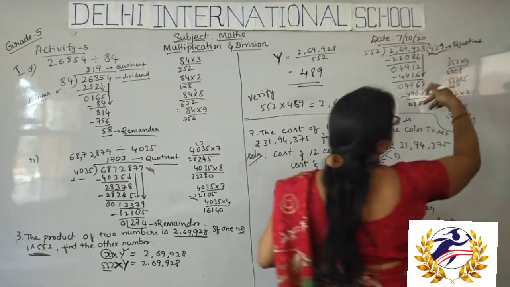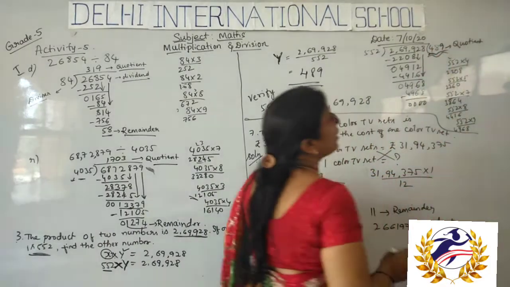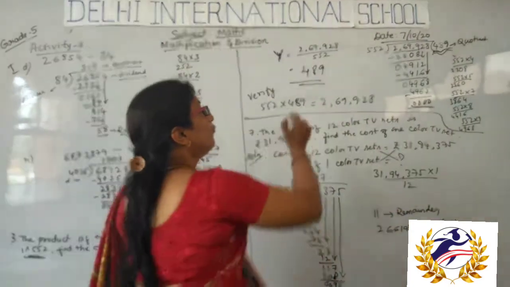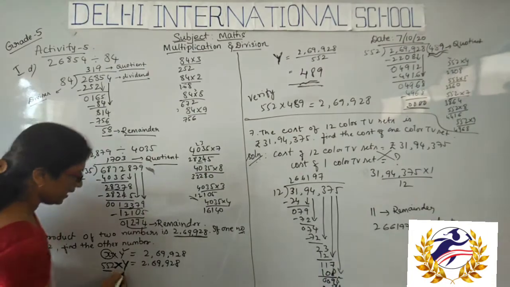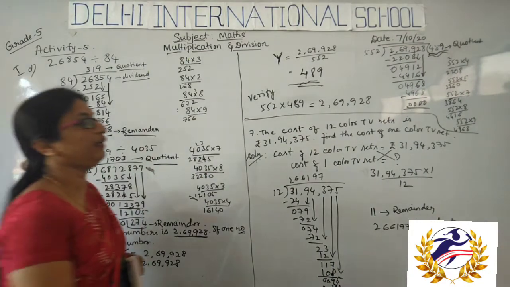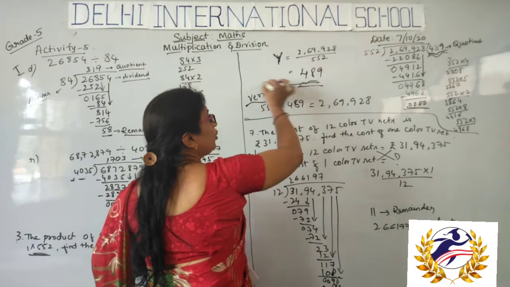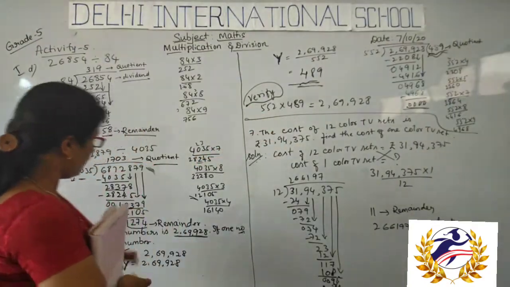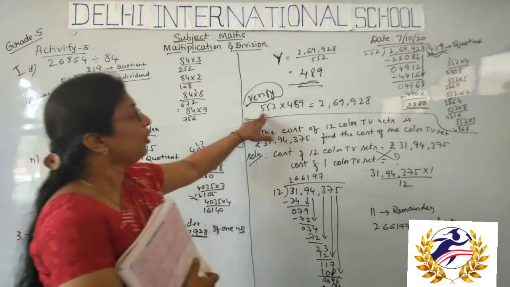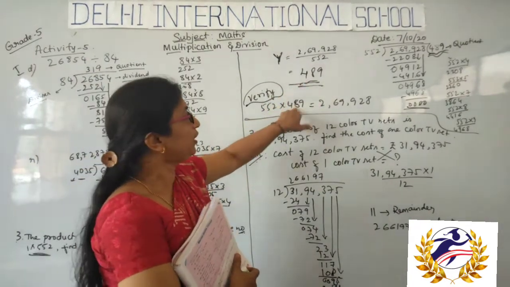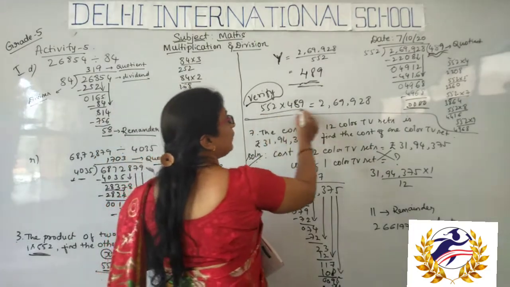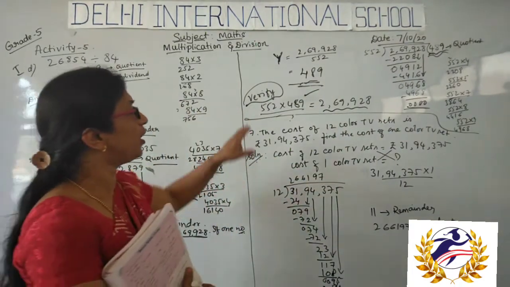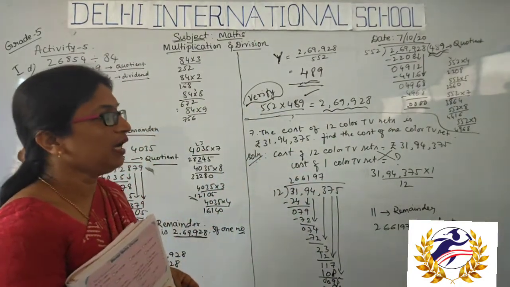Quotient, do the same long division method. So 489 is the quotient and the remainder I got is 0. So the other number is 489. If you want to verify whether you are doing it wrong or correct, you have to again multiply this 552 with the other number which you have found out. Then let us multiply all this, and if you get the same last answer, then the problem you have done is correct. Okay, that is how you can do the verification of your answer.